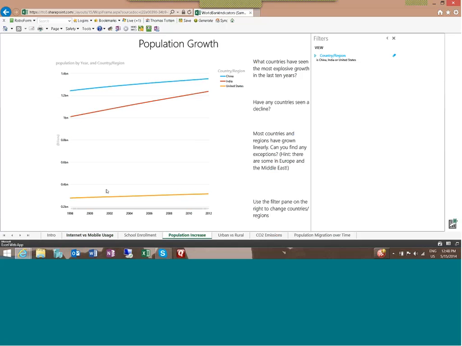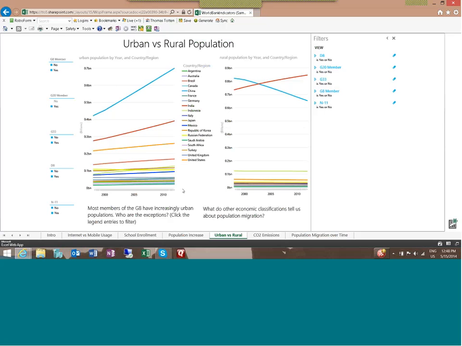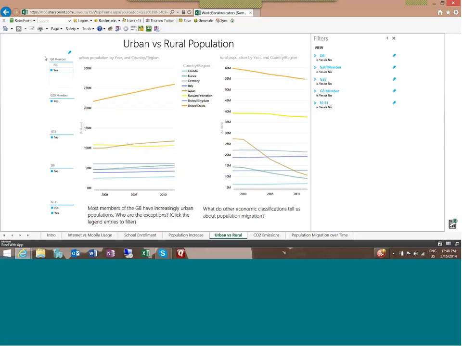So you can see that the tabs of these Power View reports, just like you would see inside of Excel, are at the bottom of the Office 365 browser experience. So this is population growth, urban versus rural population. And it interacts just like it would inside of Excel, like what we were just looking at, filters, drilling in and out. I'm going to go back